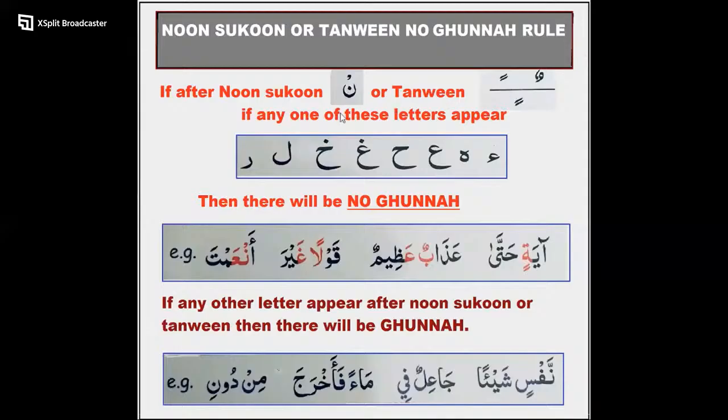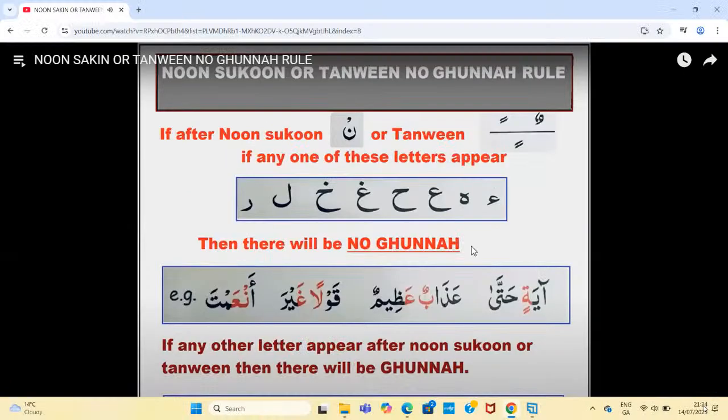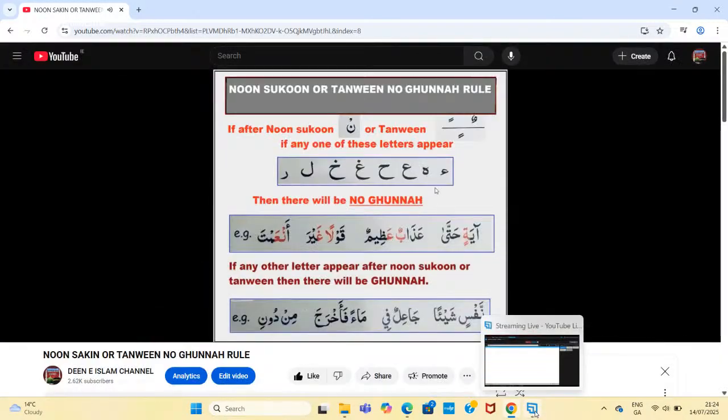So if after noon sakun or tanween, any one of these letters appears, and the letters are hamza, ha, ain, ha, ghain, kha, lam, ra, then there will be no gunna. Once again, repeat the letters with me. Hamza, ha,